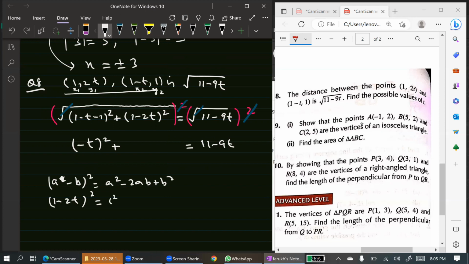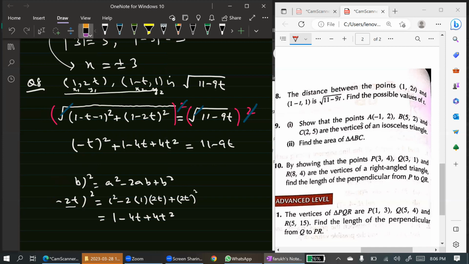1 square minus 2ab, and then bracket 1 for a. So for b, we'll take 2t. B is 2t, and then plus b square, so 2t whole square. Yes, the final answer is 1 minus 4t plus 4t square. Now we will simplify all the terms